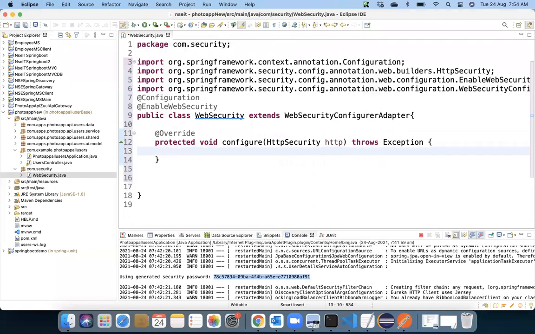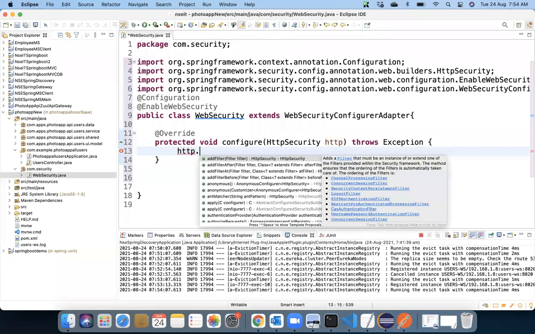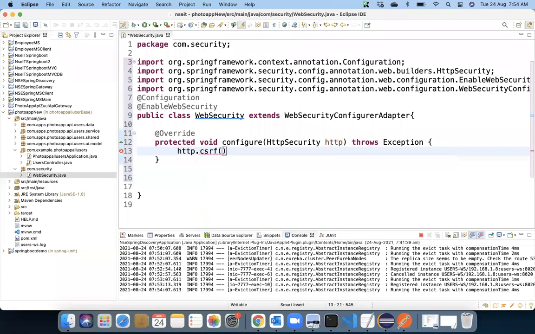First of all, we would like to disable CSRF attacks, because normally people put JavaScript into the code and send it to attack the website. If you want to disable it, just say http.csrf().disable(). So you're disabling it.